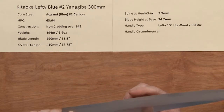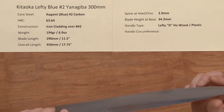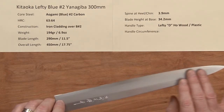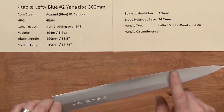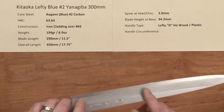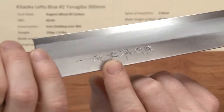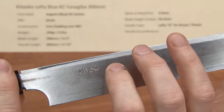The single bevel into the secondary bevel helps offset that to some degree, and they are pretty good performers out of the box. If you polish the edge bevel, it will probably smooth out the knife just a little bit and make it cut a little better, reducing the friction from the bead blasting and the finish that they have on it. But really nice knives. You can see the kanji engraved on that side,